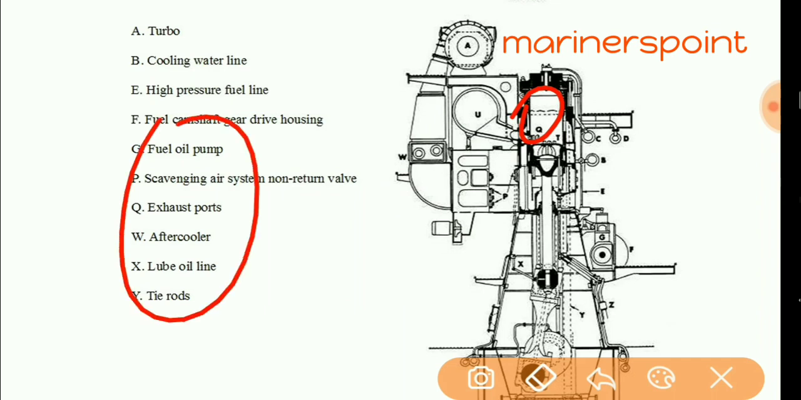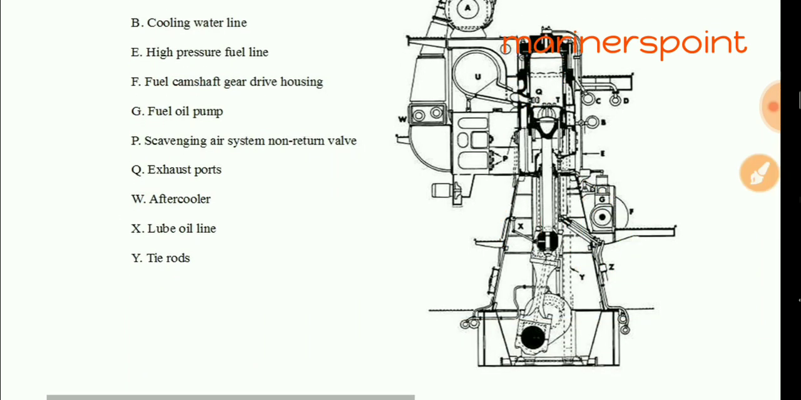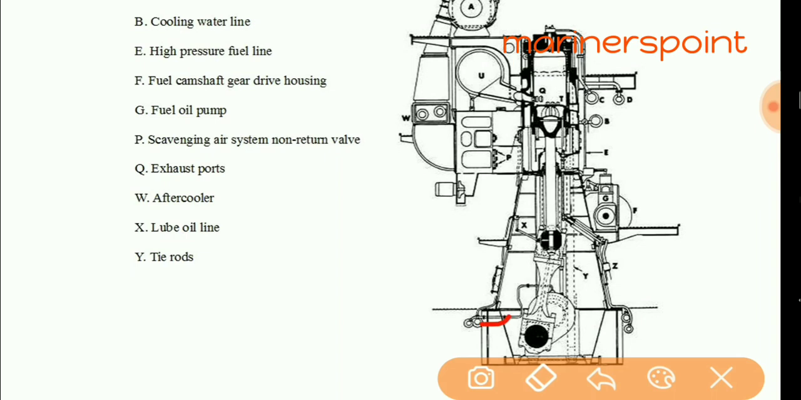Now I have mentioned all the points. This is your fuel injector, and this is the water cooling line. This is for lubrication of the crosshead. Okay, and this line is going for lubrication of the main bearing, not the bottom end bearing. The bottom end bearing lubrication comes from here. Okay,